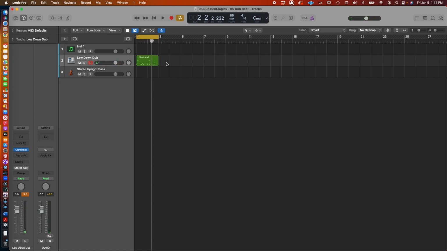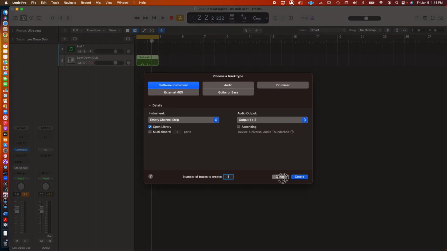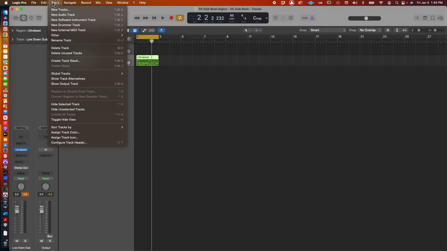And we've already learned a lot about MIDI and the Ultra Beat, quantizing, and a little bit about the velocity. So now let's move on. I created that earlier, so I'm going to show you how to create a bass track. Okay, so now I'm going to go into Command Option N, or if you ever forget that, just go to Track,